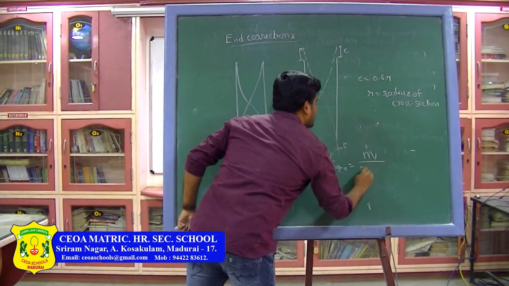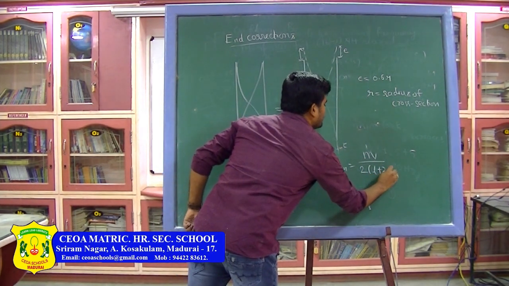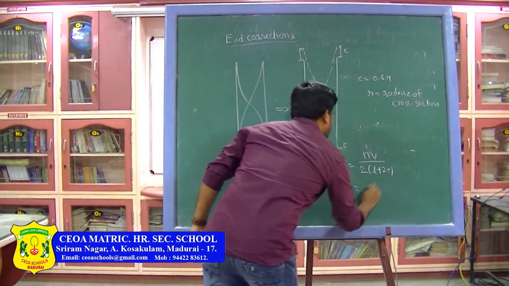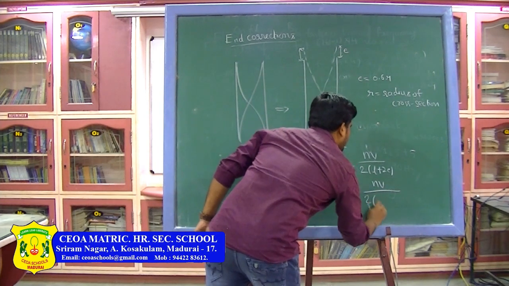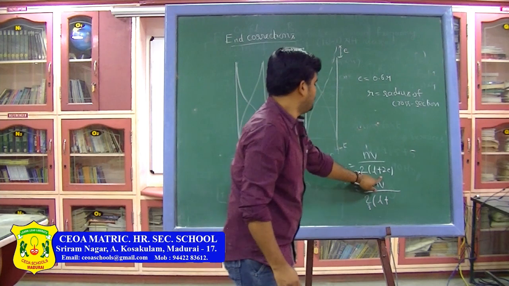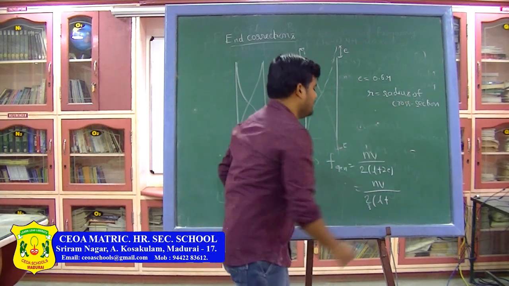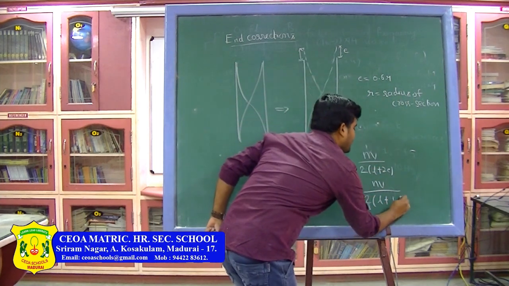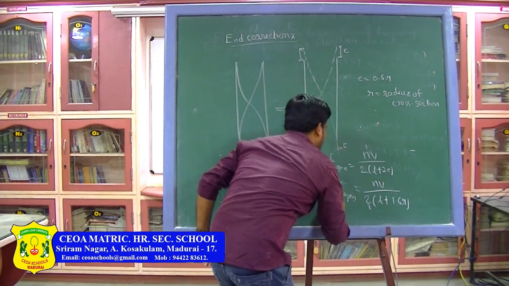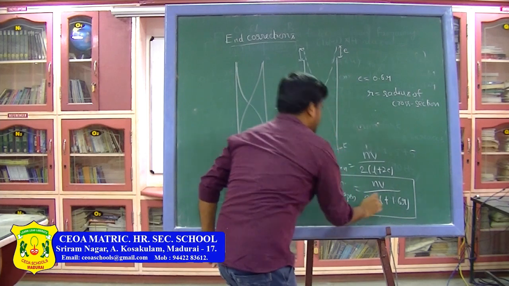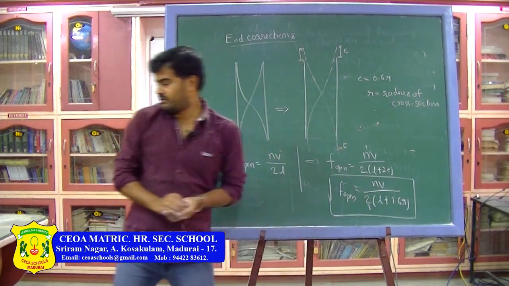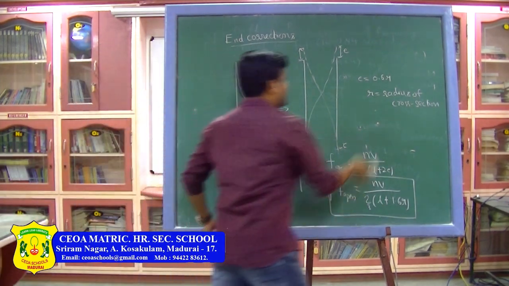where E is 0.6 R, that is equal to N V divided by 2 into (L plus 2 into E), that means 2 into 0.6, it will be 1.2 R. So, this is the formula for frequency with the end correction for an open pipe. Similarly, if you consider the closed organ pipe